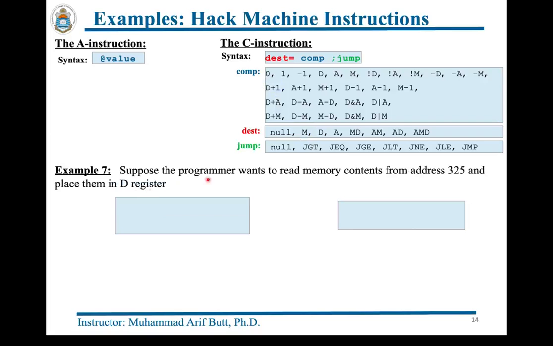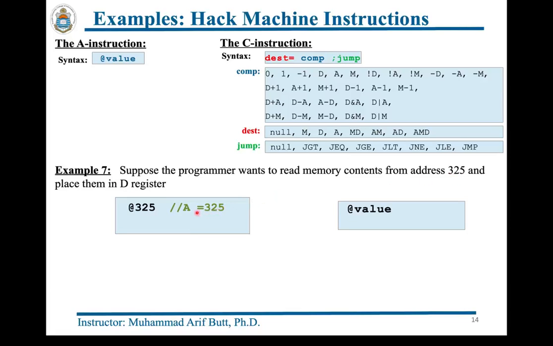Suppose the programmer wants to read the memory now. In the previous example, we have written the memory, and now we want to read the memory. And from which location? From address 325. And we want to read the contents of RAM at address 325 and place it inside the D register. And here again, we first of all need to place the address of the RAM where we